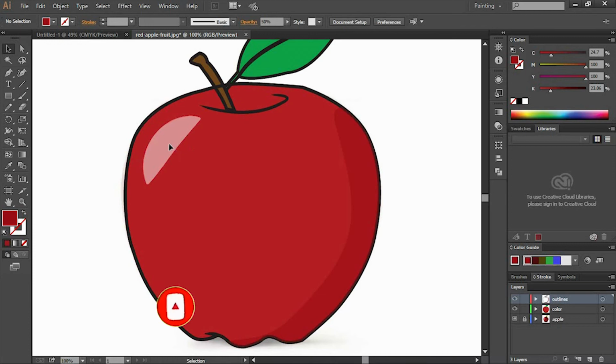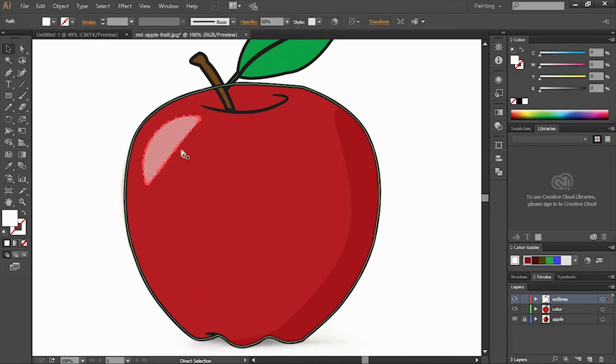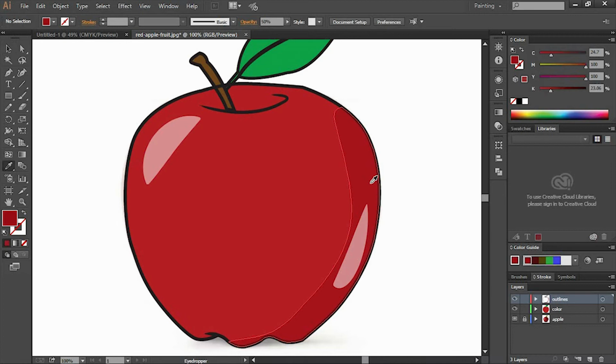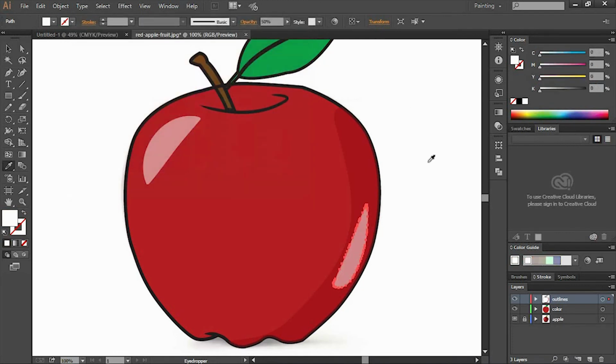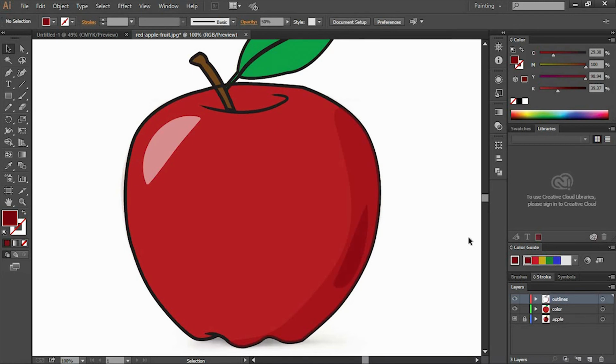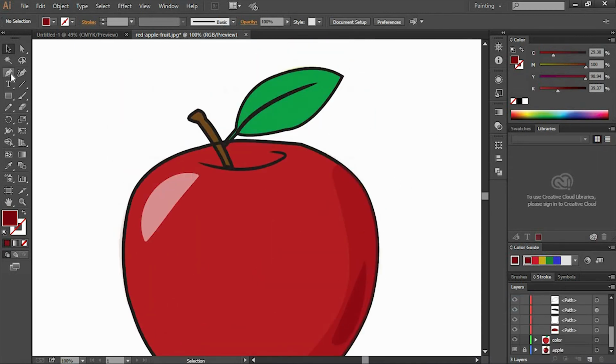So let's try to copy this, control and paste, rotate it, reduce its size using the shift key, and select more darker shade of the red to it. Select the shape, use the eyedropper tool, select this, and now go to this panel and select even more darker shade. Likewise, it will create more depth to the image. So likewise, you can add more details. I'll show you in time lapse.